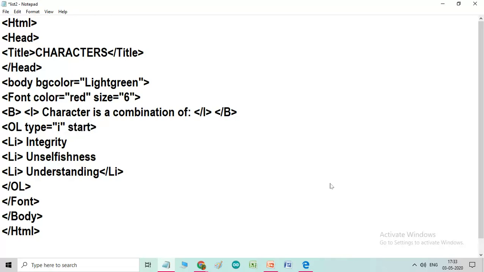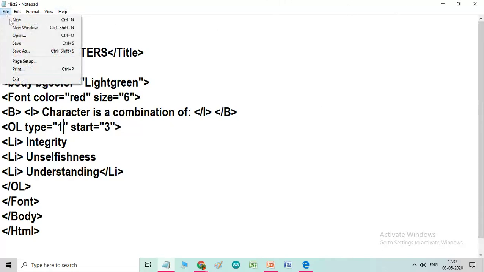Where do we have to write the start? After type, then equals, and give its value. Suppose I want to start my list from 3. So I have to type the number 3 here, and it will take the results from 3. Let us see what changes will appear.